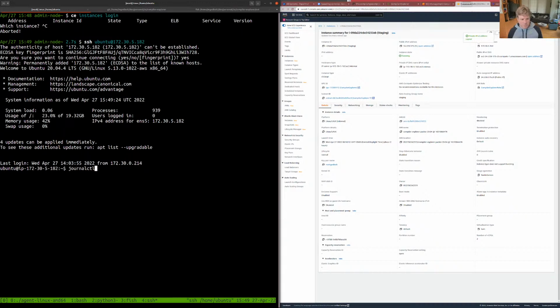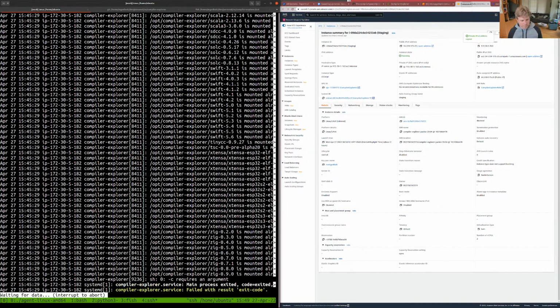journalctl -u compiler explorer. -c requires an argument. Ah, that is interesting. Okay, this is an issue I have recently introduced, which is unrelated to this. This is something that someone on Discord helped us with, but it looks like it probably doesn't work when there are no arguments at all. So that's a whole other thing. I'm going to add that to my list. We've got the CDN test, which we've already noticed, and we've got,